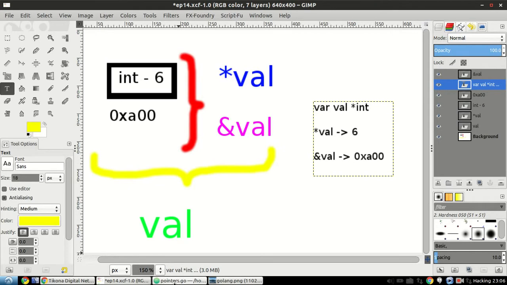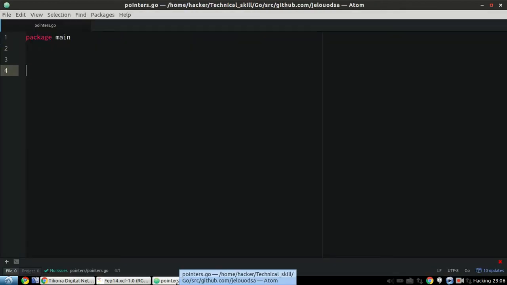Let's have a quick look at some examples. We'll use the main function. In this we say x equal to 65, and we'll just print it out with fmt.Println x, and fmt.Println star x.